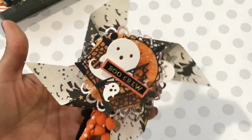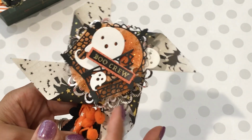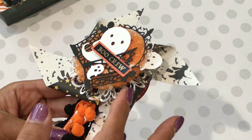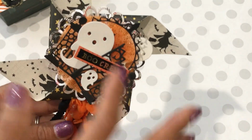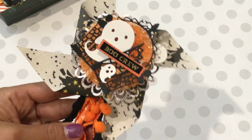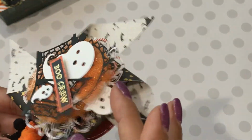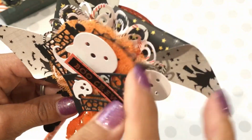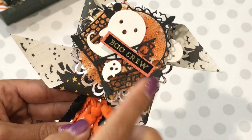I did share this on my Instagram, but I used the pinwheel die, and I layered it with this really pretty rosette. This is the rosette from Sizzix. It's the peacock rosette that I hauled from Hobby Lobby. I layered it with this embellishment that I shared with you all before, and it is layered with these little ghosts, and I have some tulle layered, and then these fun little die cuts and the little ghosts, and it just says Boo Crew. And I just dangled some pom-pom trim